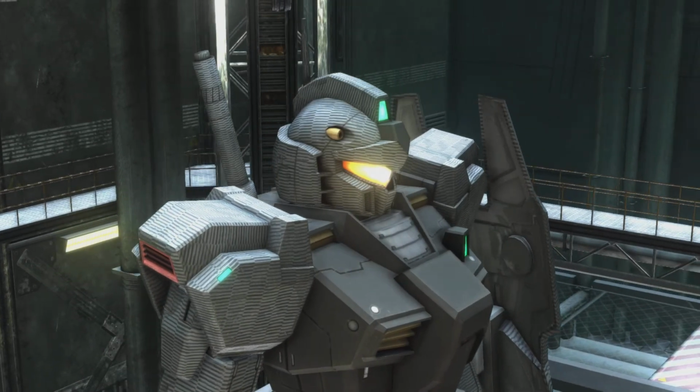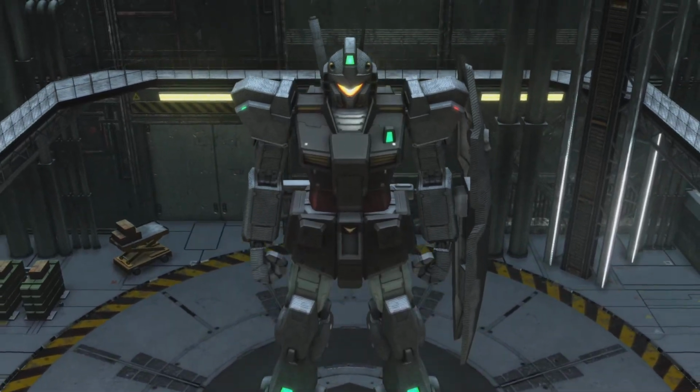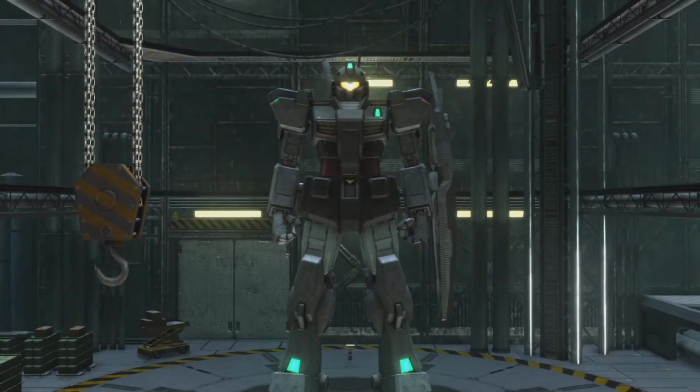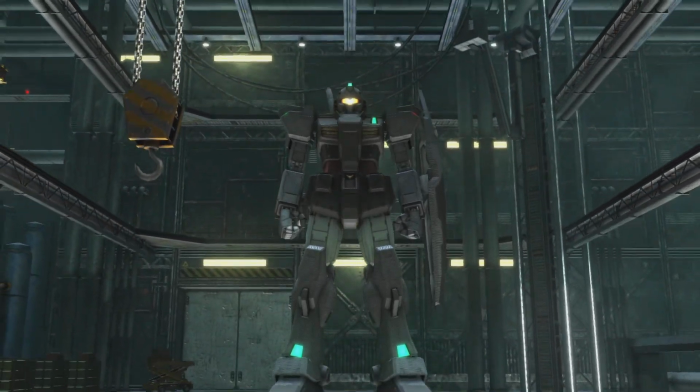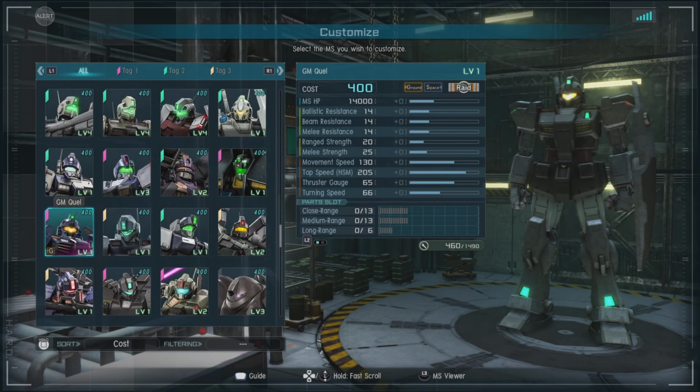Hello and welcome to a very special Gundam Battle Operation 2 featuring the GM Quel, one of the early mainline suits for the Titans faction, and it can be seen in series such as Stardust Memories and Zeta Gundam. In-game, it is a 400 cost, ground and space capable raid with a beam, ballistic, and melee resistance of 14,